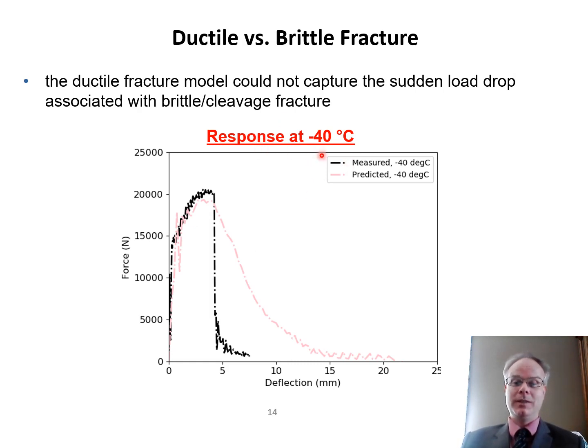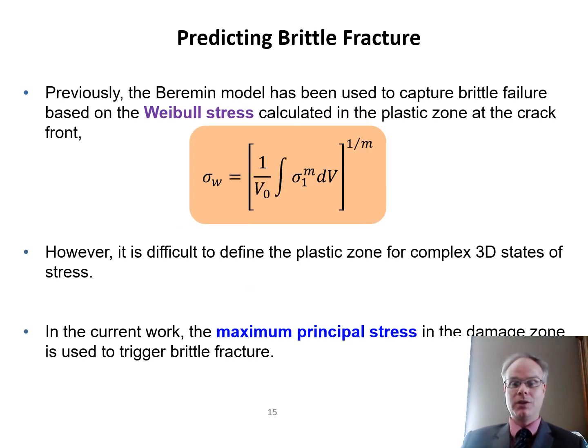Okay, so I sort of mentioned this. This is the response at -40 degrees. One of the issues with the ductile fracture model is that we always get a stable crack extension. We never ever get the sudden load drop that we see in experiment. And so what we see is that our ductile fracture model just could not capture brittle cleavage fracture. So we wanted to make a simple adjustment to the model